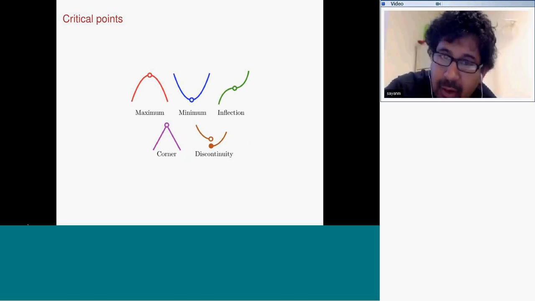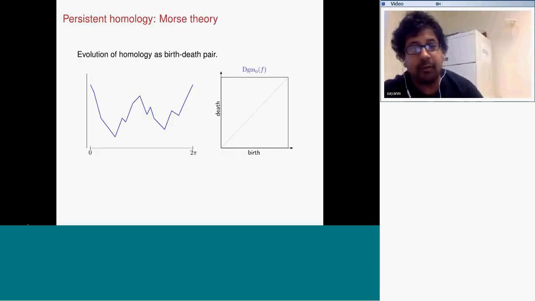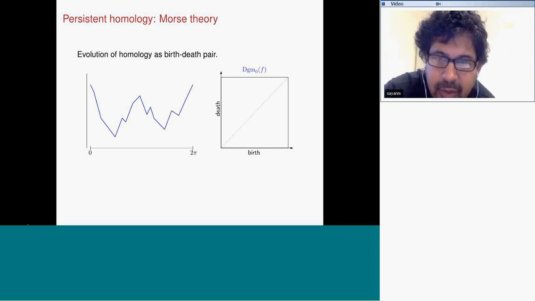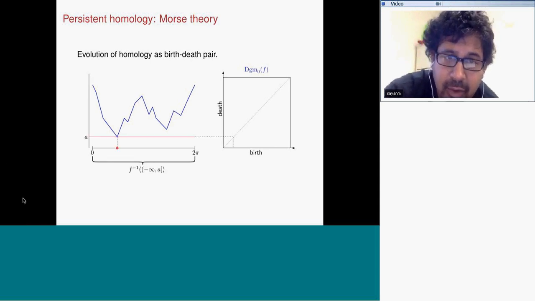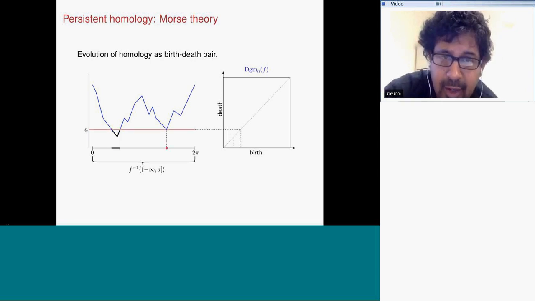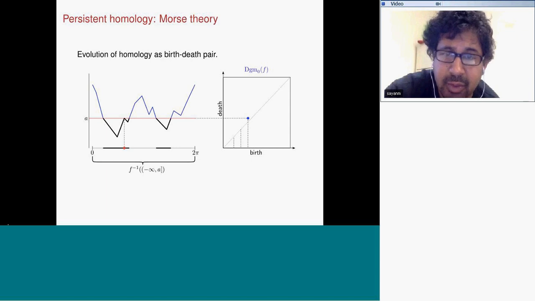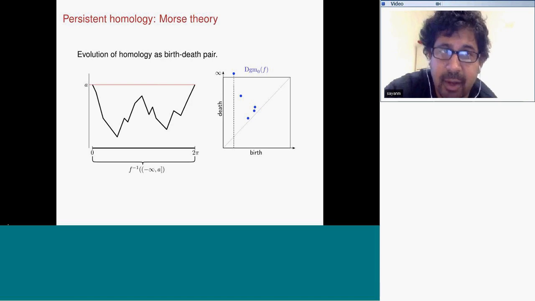One idea we're going to come back to is the idea of critical points. They'll come up very naturally in Morse theory. And I'm just going to very quickly go through persistent homology. So the idea here is we're going to basically think about a Morse filtration. I'm going to slide up, and a new one is born on the x-axis, in the sublevel set. I put down a dot, and so a new one comes in, and so on and so forth, and that one's going to disappear, so things merge, and it dies, and you can basically construct something like this, which is called a persistence diagram.